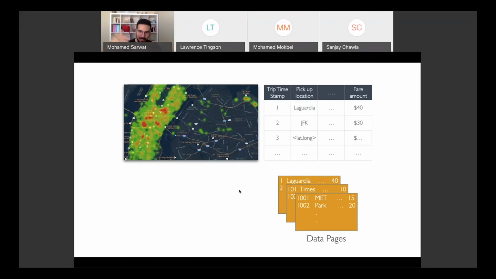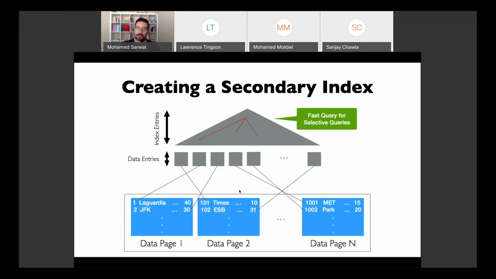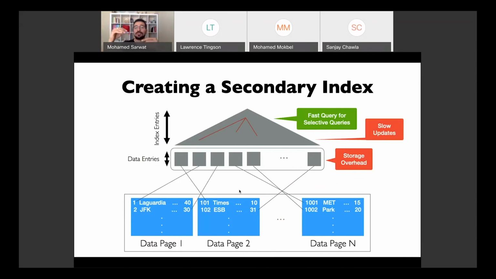For example, if you have taxi trips, Uber trips or something like this, data is being constantly added, inserted into the system. So how can you do this also at scale with having these indices? So what we did is that we built an index that gets rid of the storage overhead by not indexing every entry in pages, like happens in R-trees or B-trees. So we removed all of this, and we had a flat structure so that we can have faster updates and also less memory footprint,